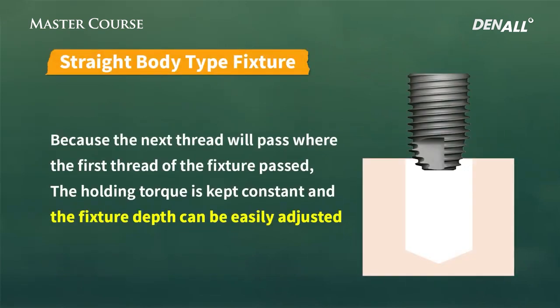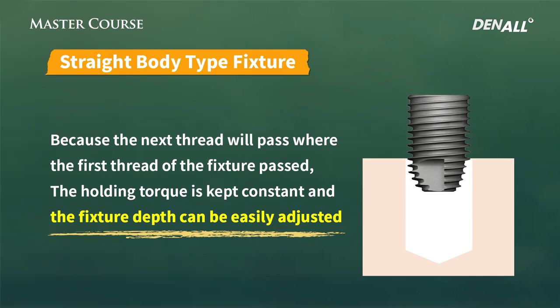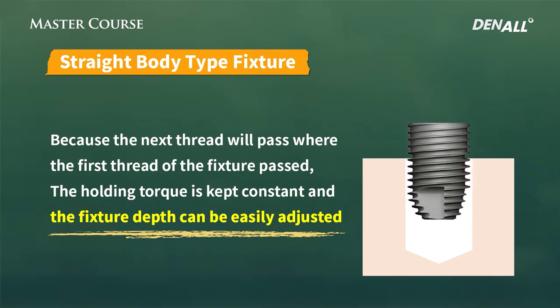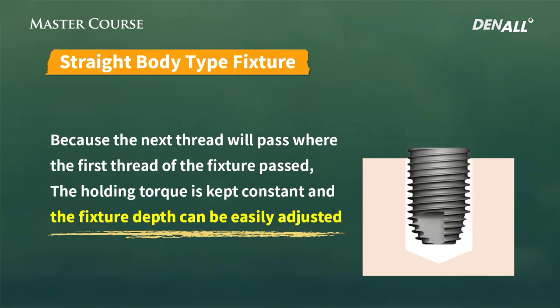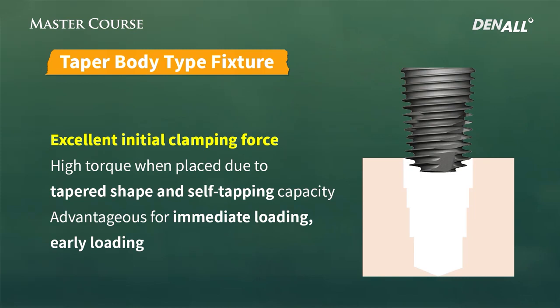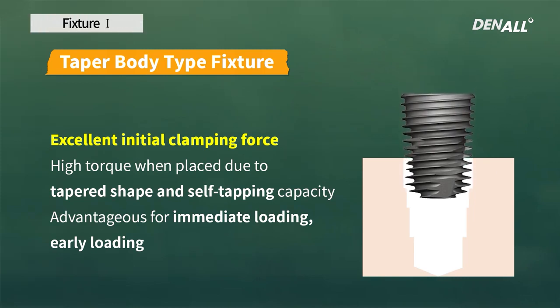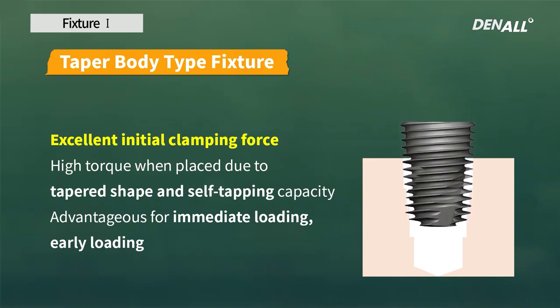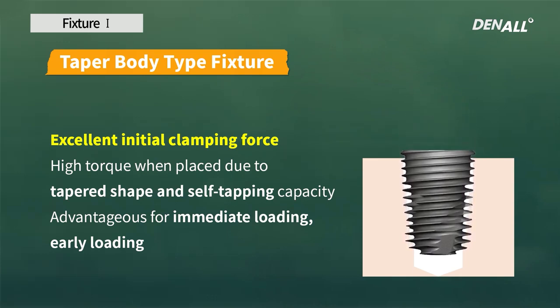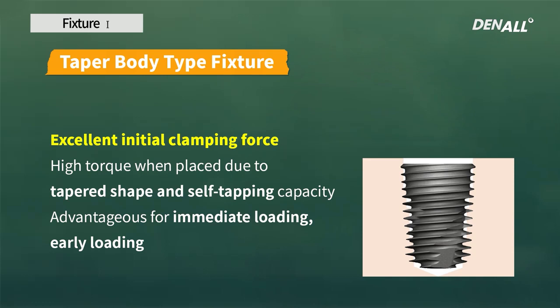The straight fixture, as you can see here, the first thread is passing and the other threads are following that thread. Therefore, the torque is maintained consistent. With the taper body type fixture, when placing the implant, a high torque is achieved due to the tapered shape and self-tapping capacity. It is advantageous for early loading